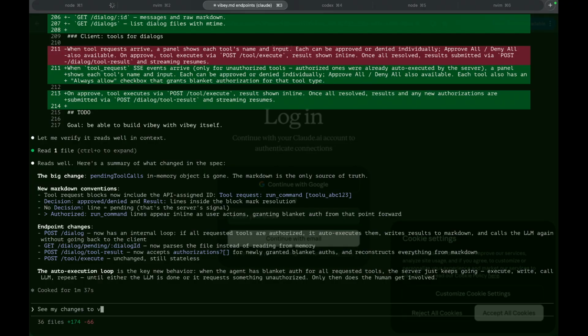So I change this to VIBEY.md. I removed endpoints that I think are unnecessary.